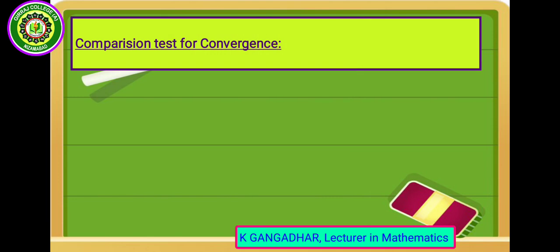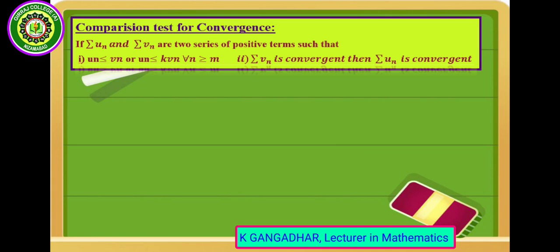So now, comparison test for convergence. The test definition is: if sigma un and sigma vn are two series of positive terms such that, first condition, un less than or equal to vn, or un less than or equal to k into vn for all n greater than or equal to m. Second condition, sigma vn is convergent,